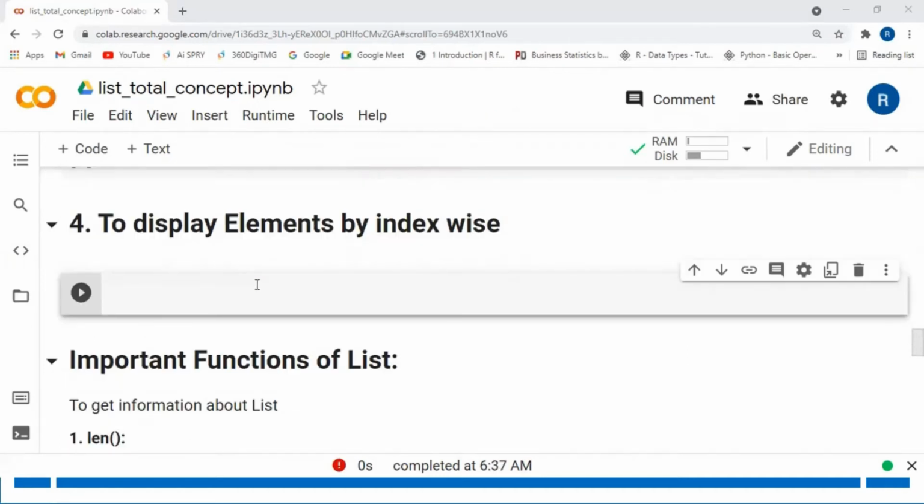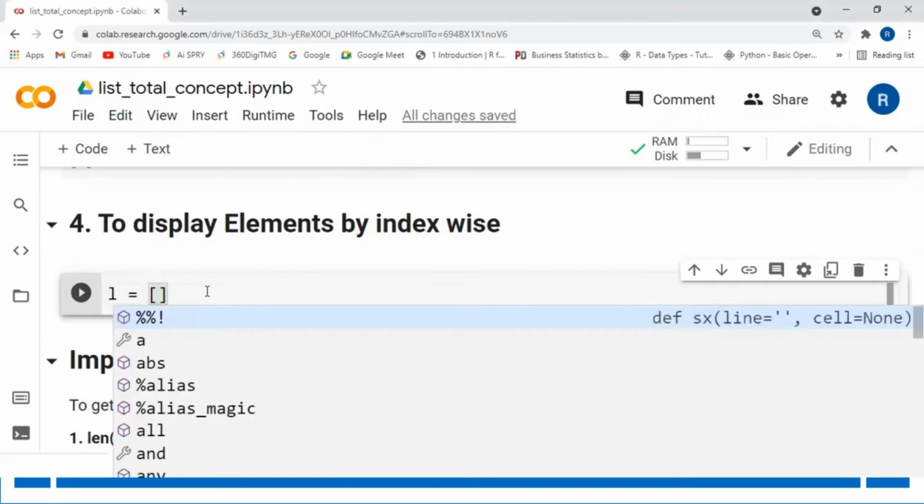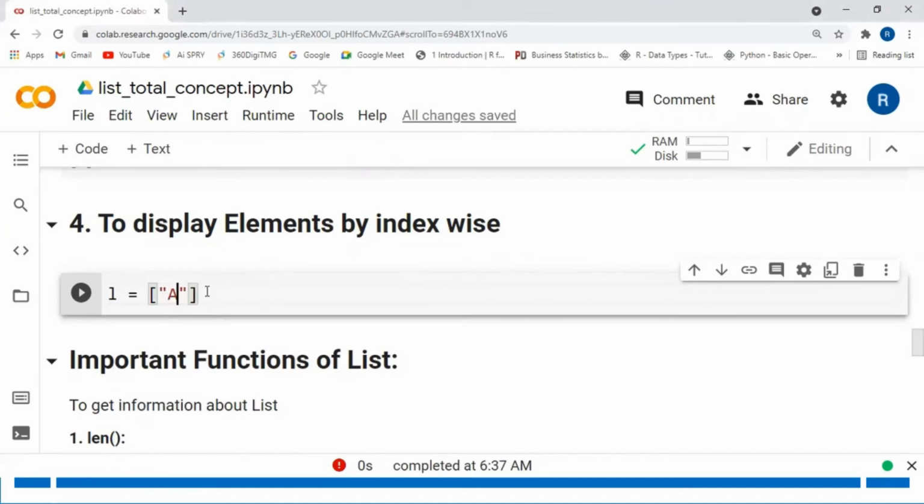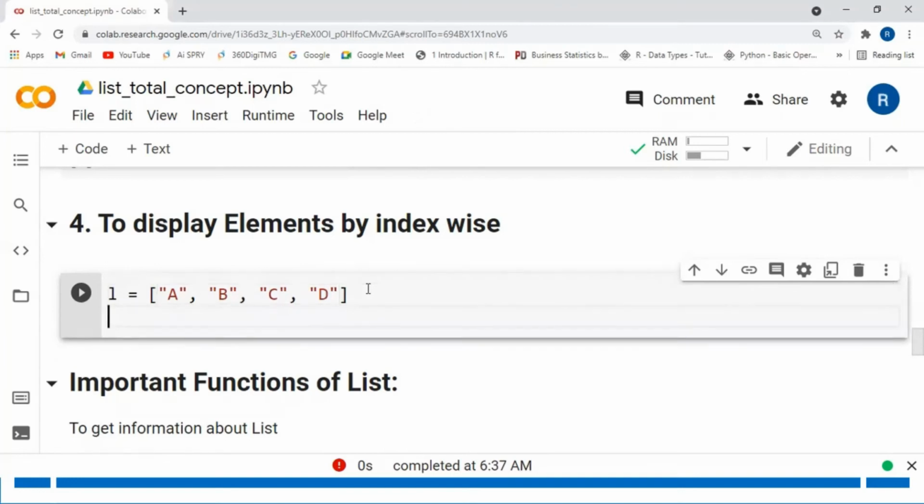Now we discuss how to display elements by using index wise. Here I am defining one list. l is equal to list A, B, C, and D. This is my list. I want to display elements by using index wise. I am taking x variable.